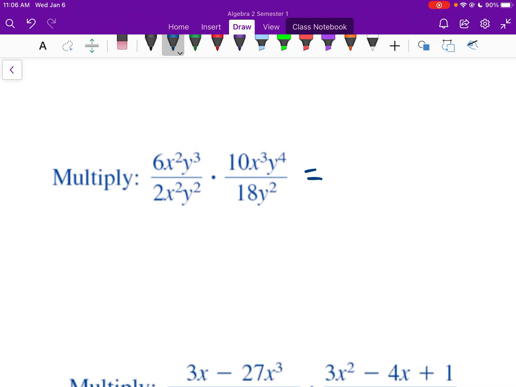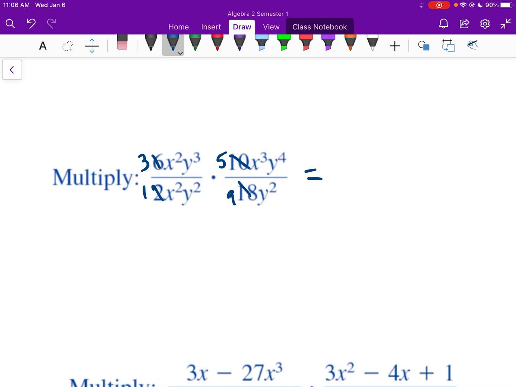Okay, so I'm going to concentrate on the top. Again, when we multiply fractions, top times top, bottom times bottom. So 6 times 10, we're going to get 60. Or if you want to, which is actually going to be easier, you can simplify that to 3 over 1. 10 over 18 would simplify to 5 over 9. Now that I simplified that further, now I'm going to do that